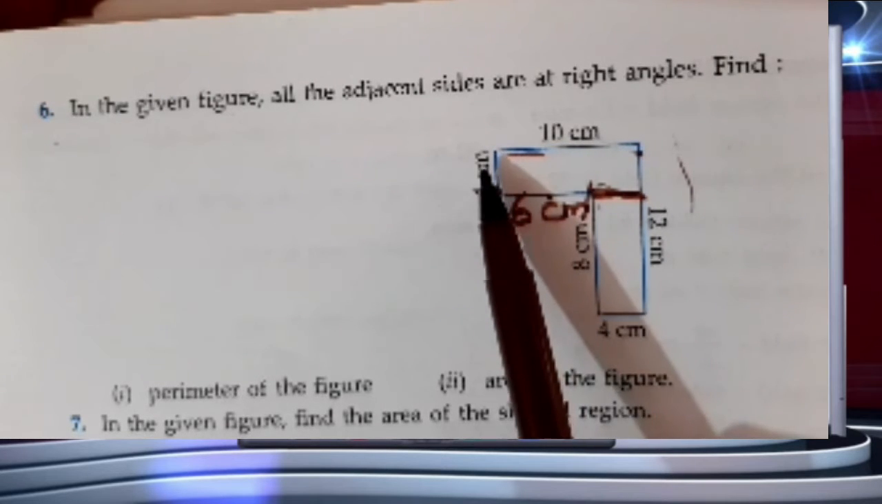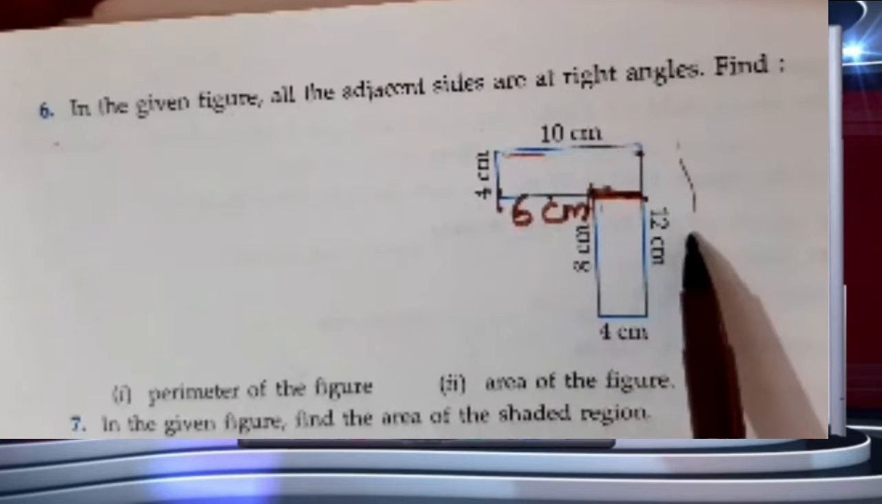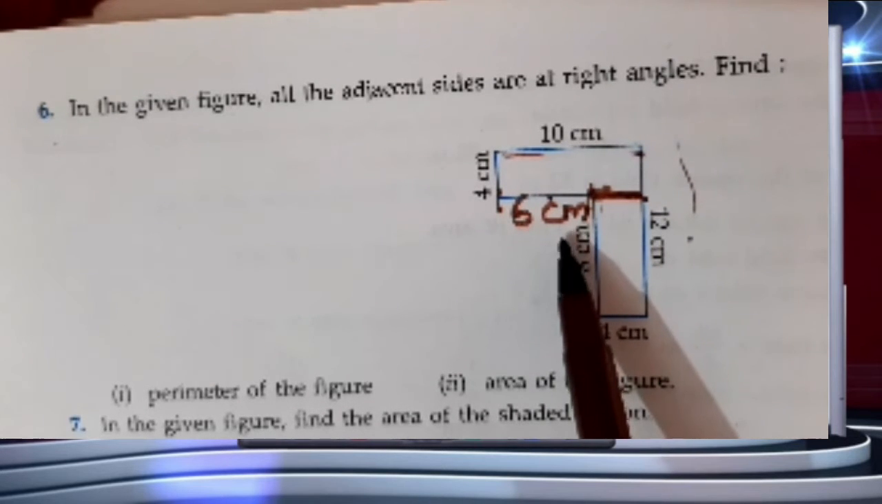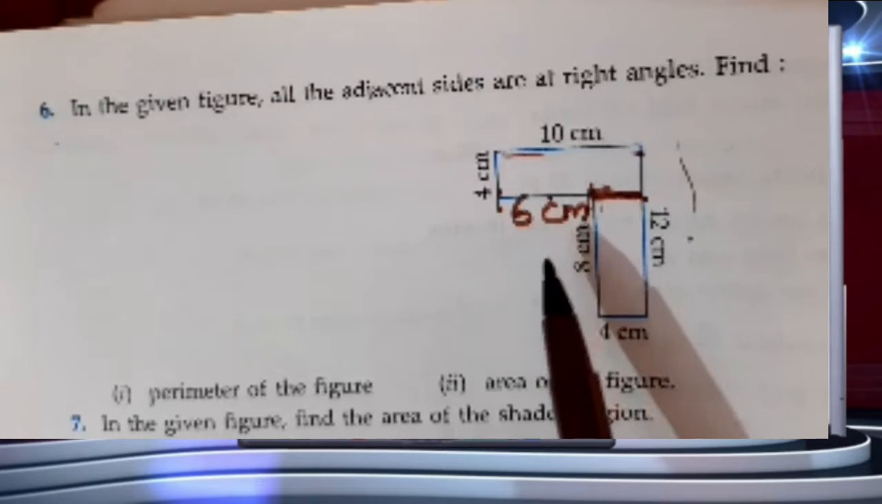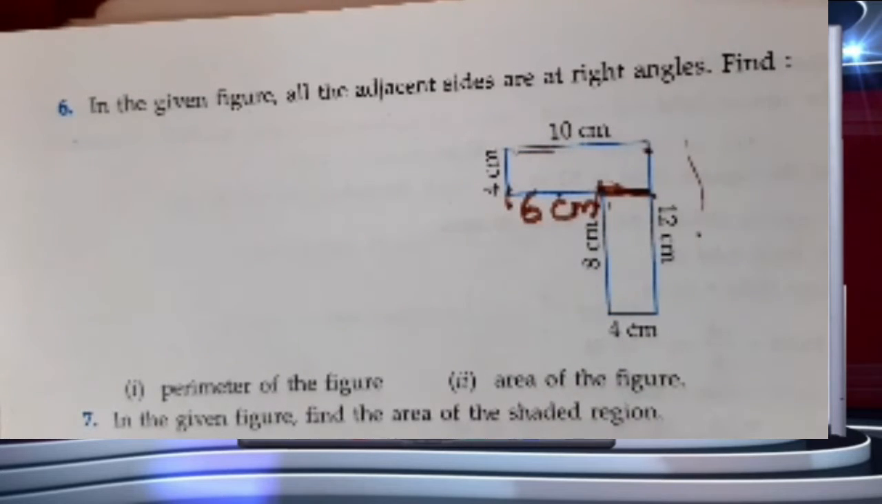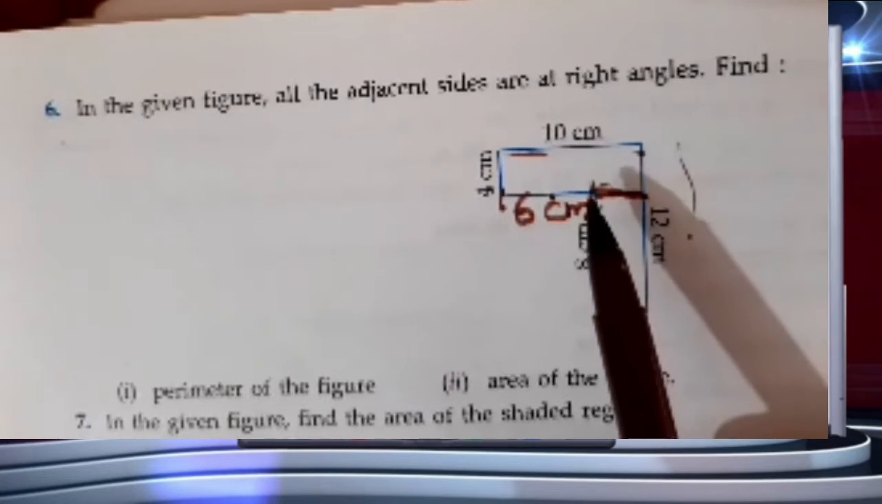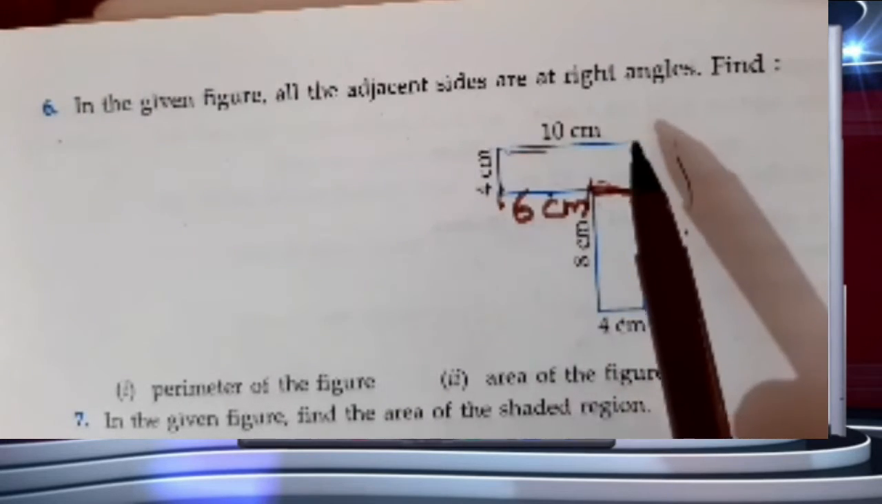So now you will add 4 plus 10 plus 12 plus 4 plus 8 plus 6, which is 44 centimeters. Now second part is you have to find out the area of this figure. So now to find out area of this figure, what you will do, students? See, you will first